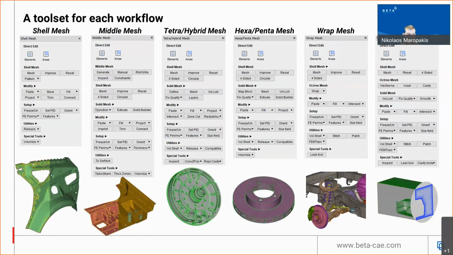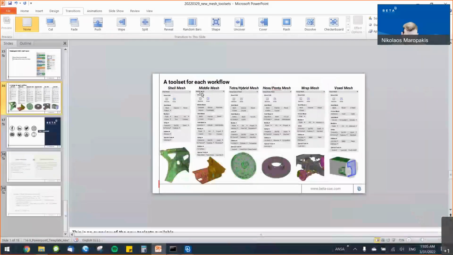At this point, let's switch to ANSA and continue there. We will start with a detailed review of the new toolsets and explain in detail the new direct functionality. Since our time today is limited, we will start with cell mesh and then continue with the creation of the middle mesh for cast parts. During the webinar, we will also suggest a number of tips and tricks for improving your productivity using our new functionalities. Now let's move to my ANSA.